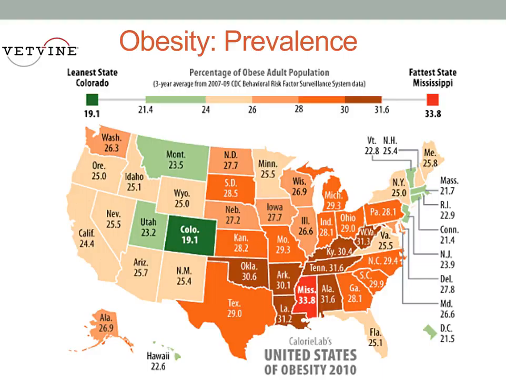The kind of yellow or light orange, and the different orange and red colors are somewhere around 25 to 35%, and there are a lot of states that fall in that percentage. The lowest percentage of obesity in adults in the United States is Colorado, and the highest is Mississippi, and there are a lot of orange and dark orange. And so it is a disease, and unfortunately it's also a disease that affects our children, not only our two-legged children, but our four-legged children as well.